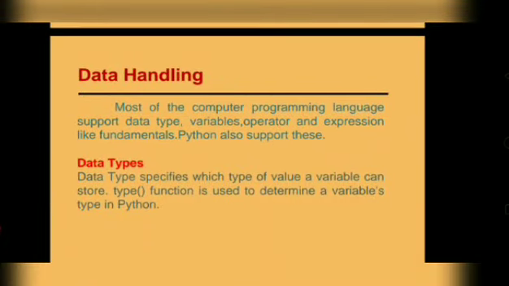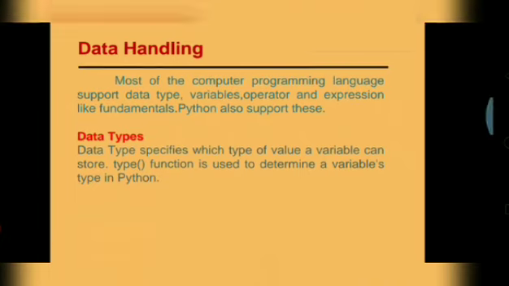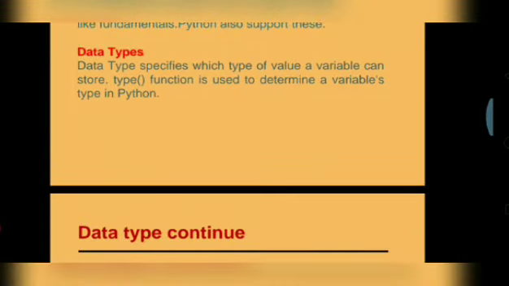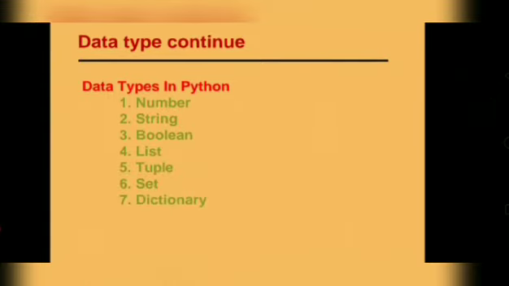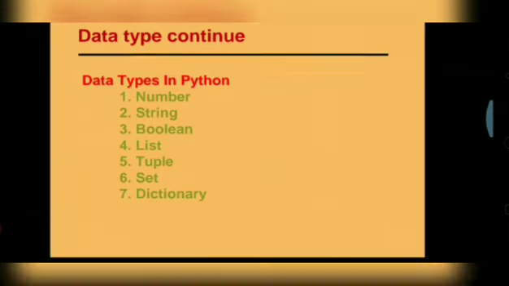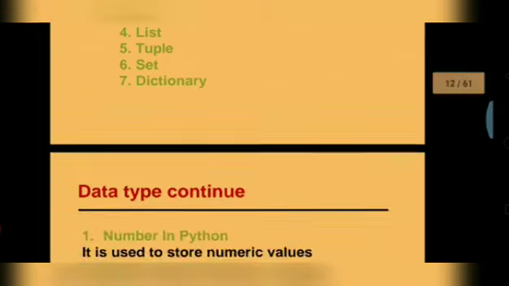After that, about the data types, as you are aware earlier that Python does not have any existing data types. A data type basically stores the data value according to the variable type. So here are different data types like number, string, boolean, list, tuple, set, dictionary. As per the requirement we are using the data types.